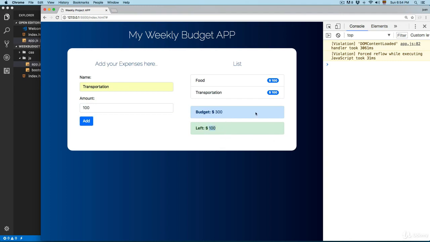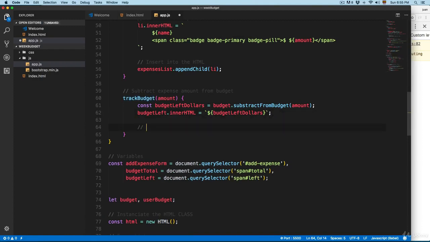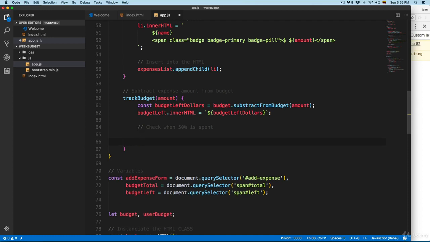When we reach the 50%, I want to change this color from green to yellow. And when we reach 75% expended, we're going to change this to red color. So right here, I'm gonna add a comment, check when 50% is spent, and we're gonna add an if,